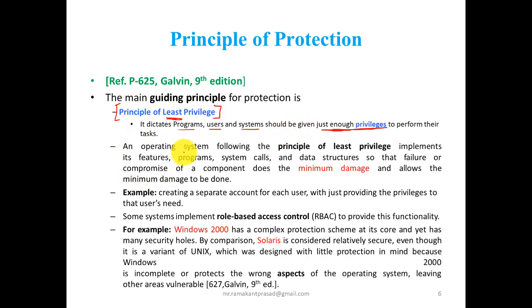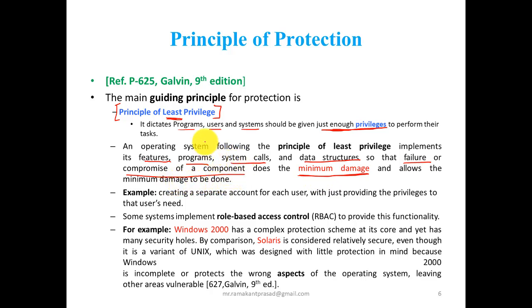So in an operating system, the principle of least privilege implements its features in programs, system calls and data structures so that the failure or compromise of a component does minimum damage. Suppose the system fails or is compromised by an intruder, it allows only minimum damage to be done.